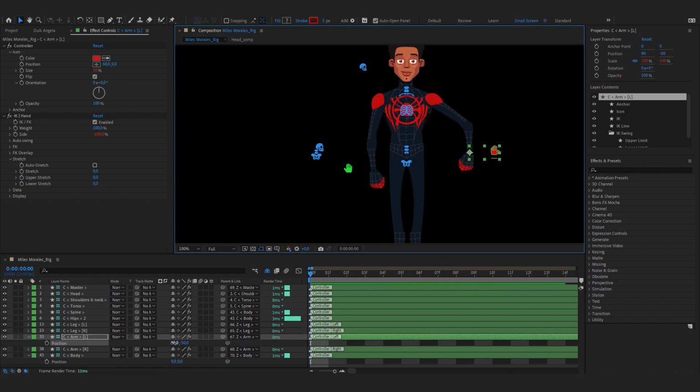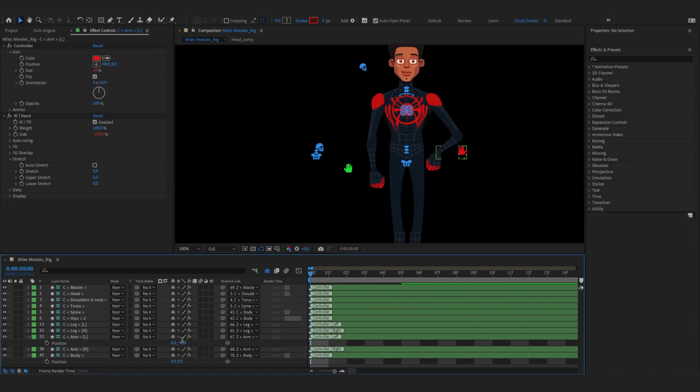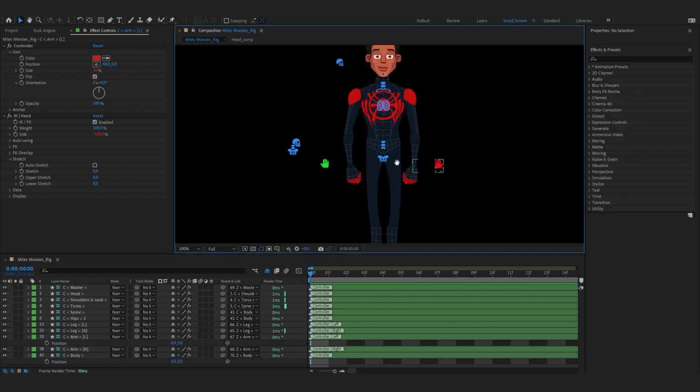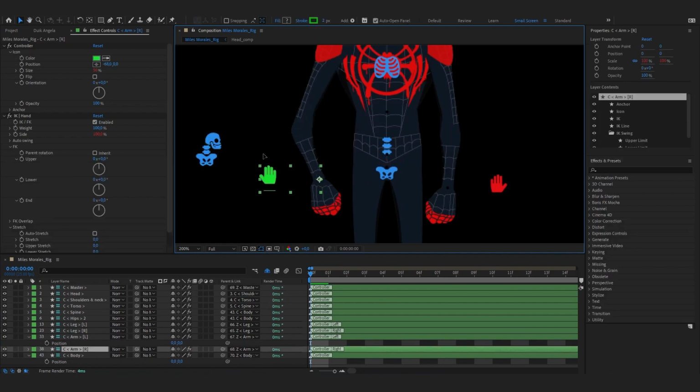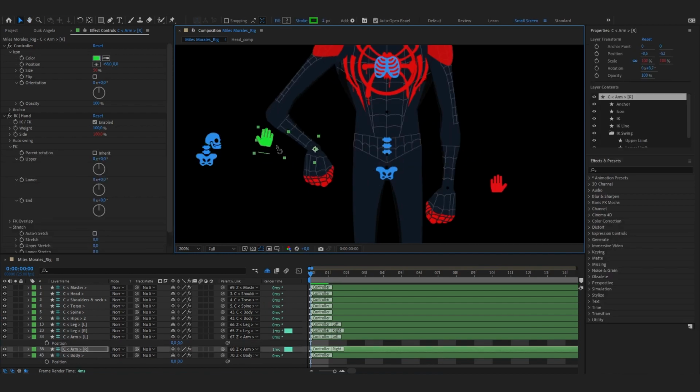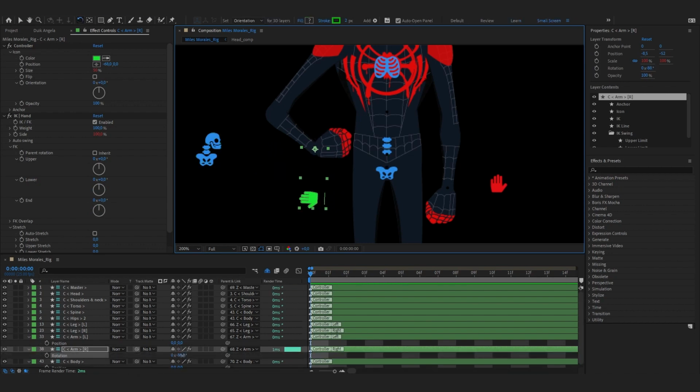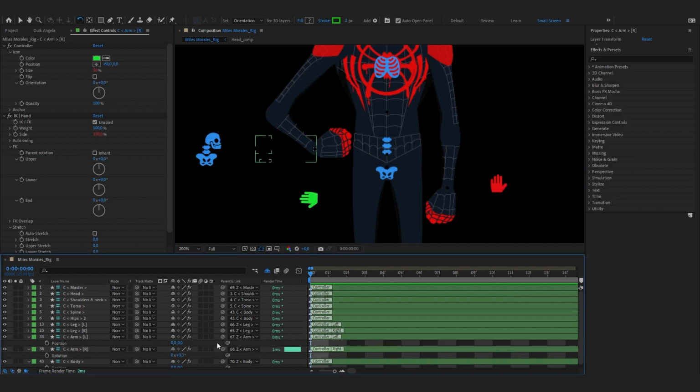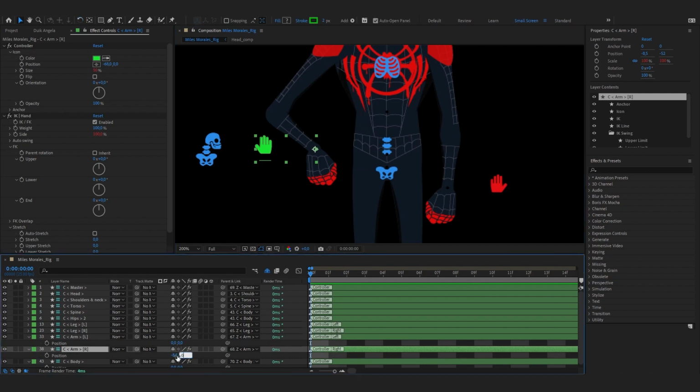Same with the arms, and it just snaps back to rest. Your rotation will already be zeroed, so you don't have to zero your rotation. Rotation always starts at 0, so that's fine. Position,